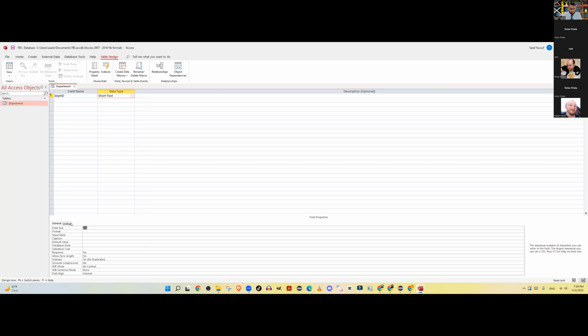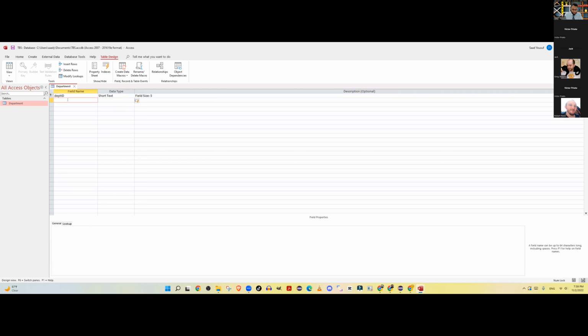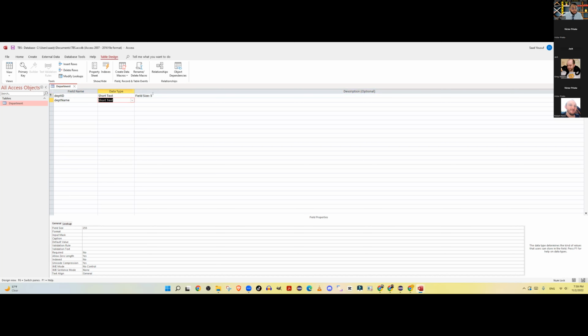And the size is 5. I'm going to put it in the comments. So those of you who are following will know what I put as the field size. Okay. Department ID, department name, short text, field size 30,